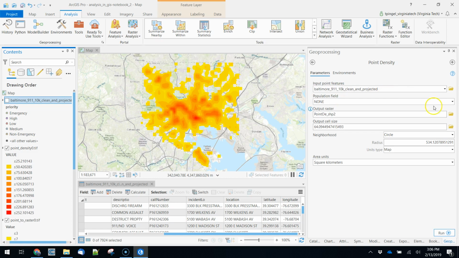We go. Let's load that back up in here. So we have to set this to 500 as an output cell size. The larger the radius, the more aggregated your results are going to be. So if we double that and set that to 1,000 meters, and we run this again,